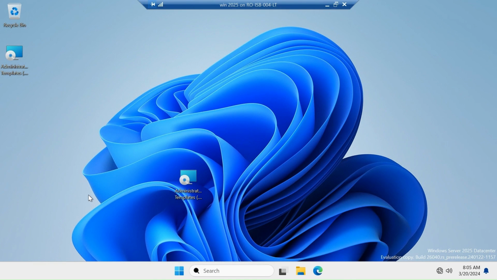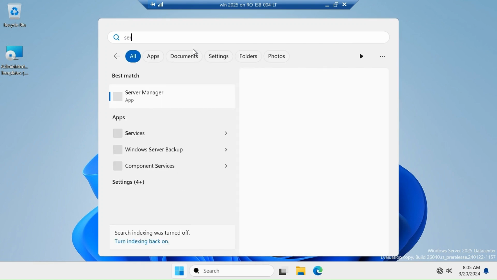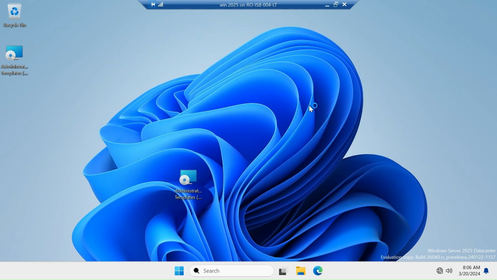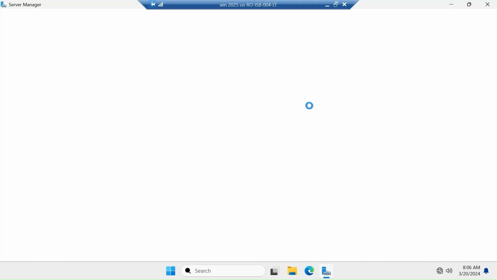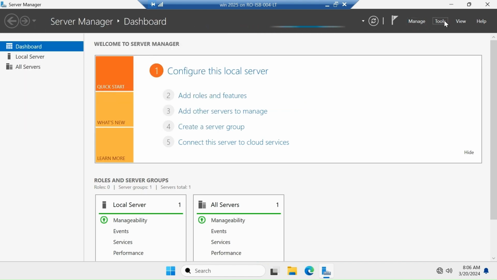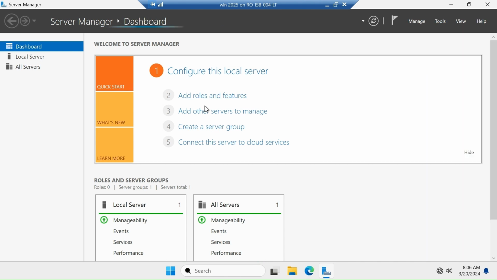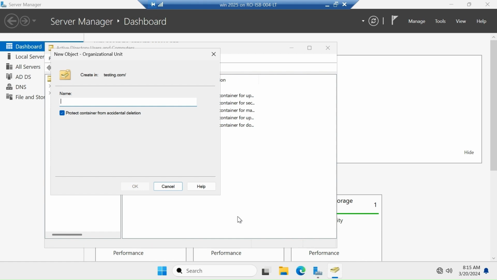First, we have to create an OU from Active Directory users and computer. We will open Server Manager from where we will open the Active Directory users and computer. So click the tools and here select Active Directory users and computer. Right click and select new OU. I will name it OU,